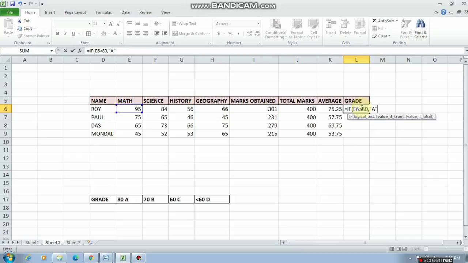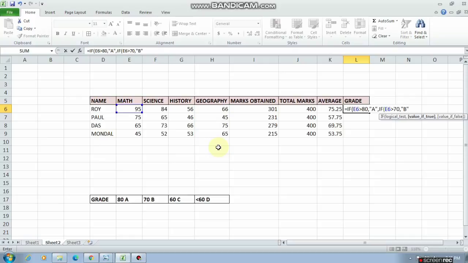Let me tell you, giving double inverted commas is mandatory, and you have to write the function in the same way, because if you put any sign incorrectly, then the function will not work. So this is for the grade A only. Likewise we have to do for B, C and D also.